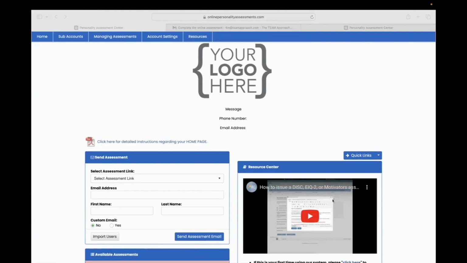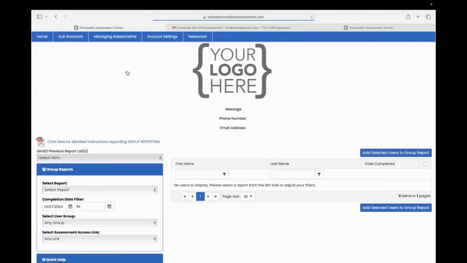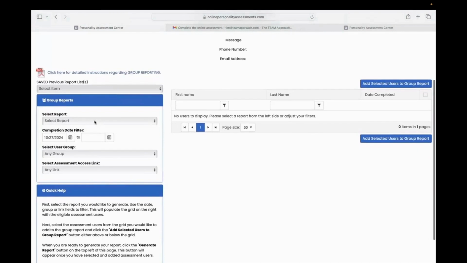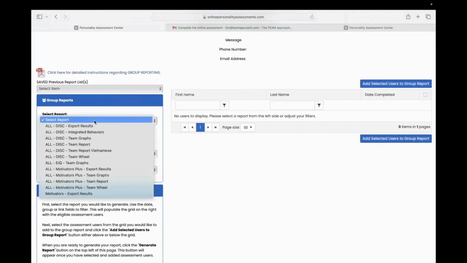All right, the final thing that we are going to look at is group reporting. There are several group reports available depending on the assessment that you've used. To create a group report, we'll go back to this Managing Assessments tab and we'll click on Group Reporting. First thing that we'll do is we will select the report that we want to run. For this example, let's go ahead and look at DISC team